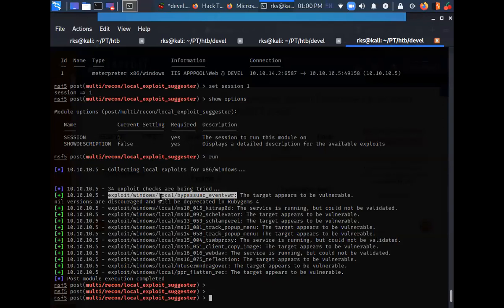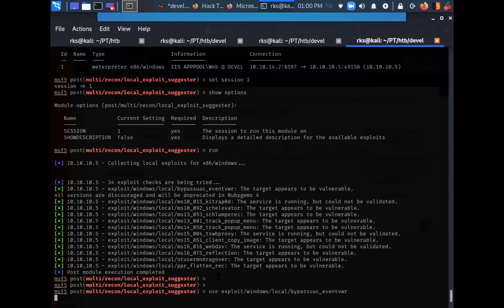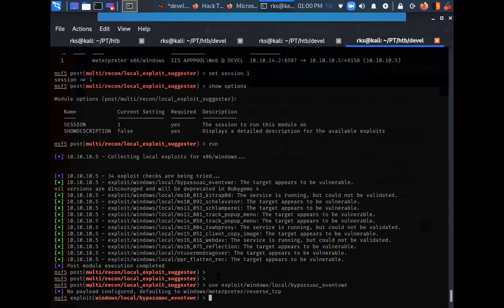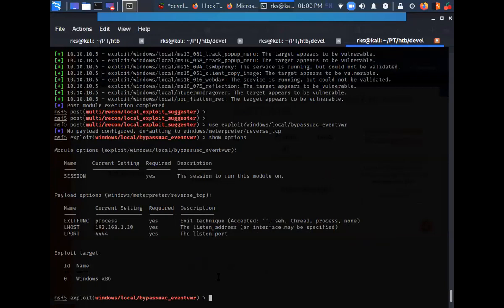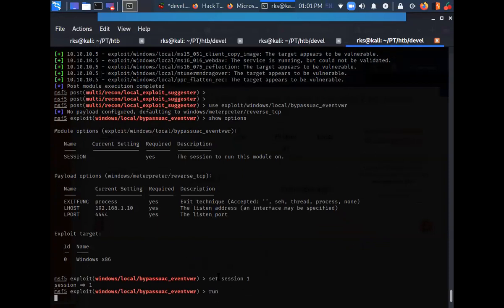This one I'm going to use. Let's just type use. Show options. Set session 1 and click on run.